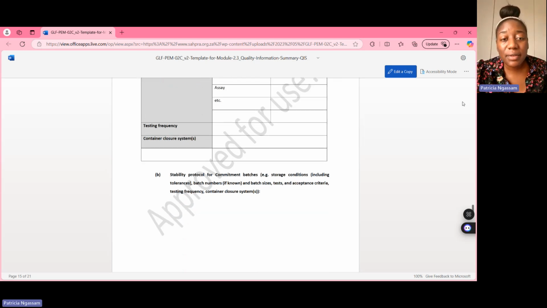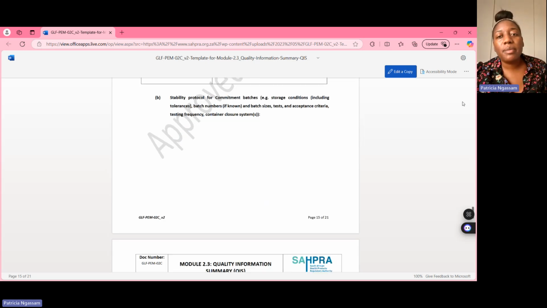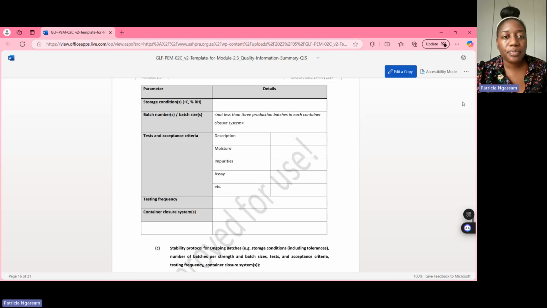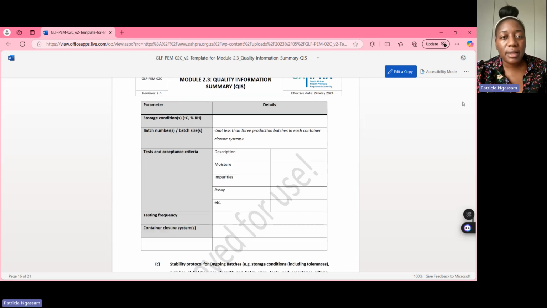Stated there, this testing frequency and the container closure. Stability protocol for commitment batches. You need to show the tolerance, batch numbers if known, batch size, test acceptance criteria, testing frequency, container closures as for the other. And these parameters again,